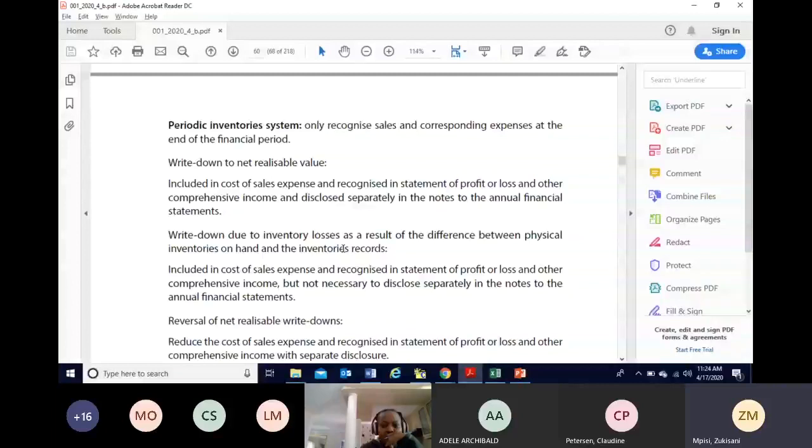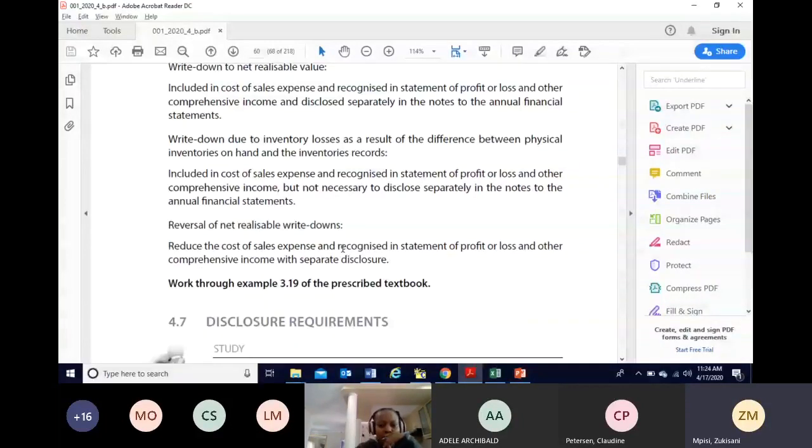And the write-down, you must remember that inventory written down is also what you need to disclose when you are doing your profit before tax note. It's also one of the items under the expenses that you have to disclose. So the net realizable value can also be